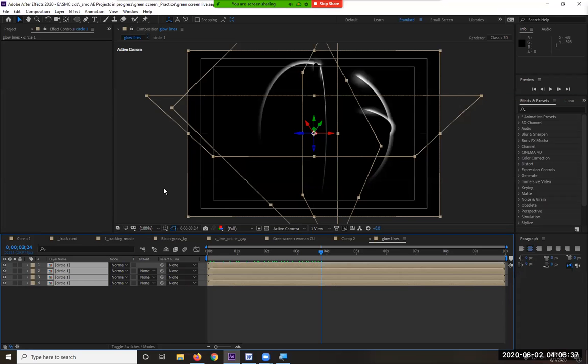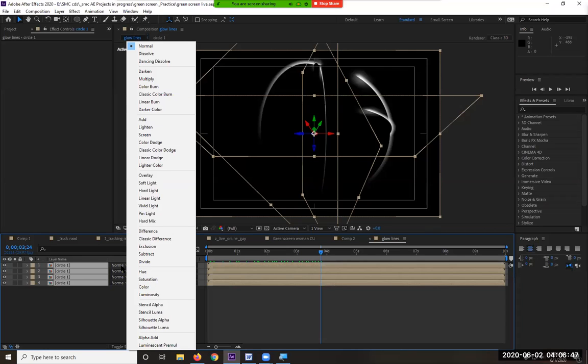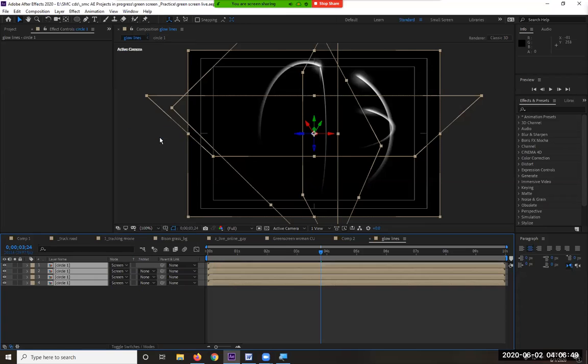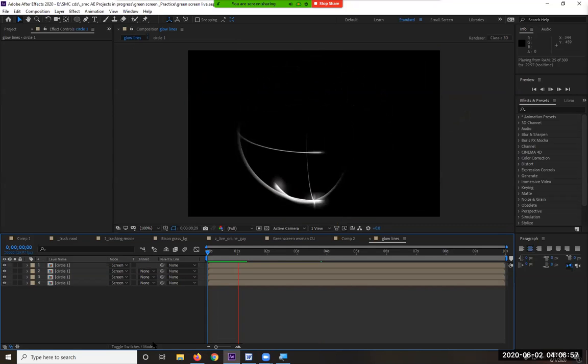Actually, I can't even see what I'm doing here. Sorry. Okay, so we want to go in. We want to choose screen. By choosing screen, it bleeds out the black, 100% black. So the black is no longer